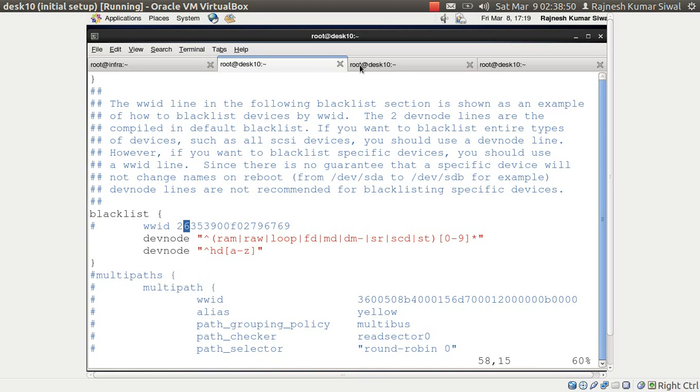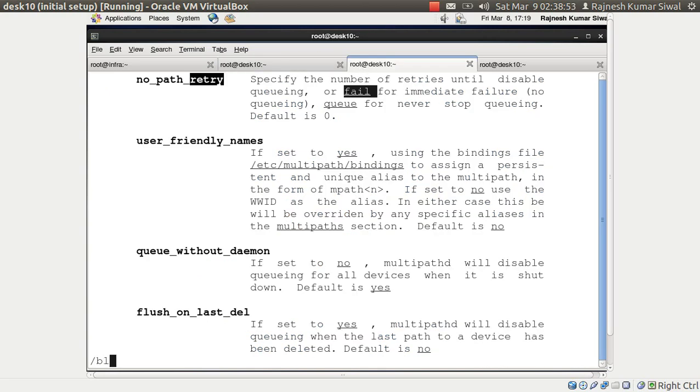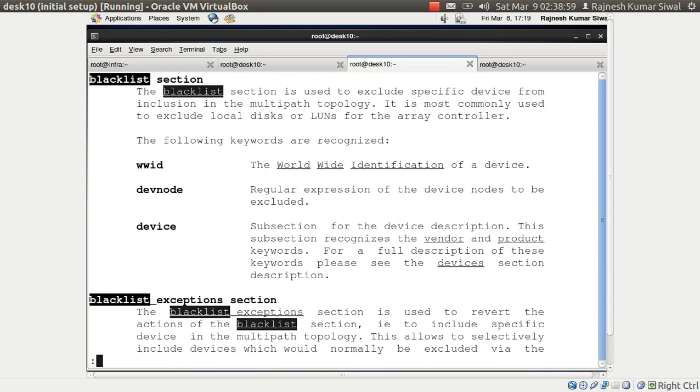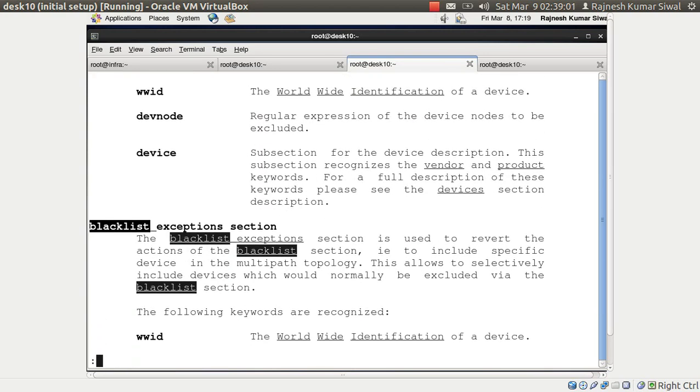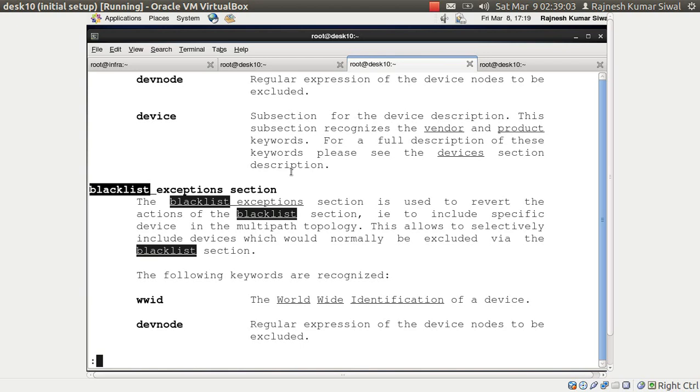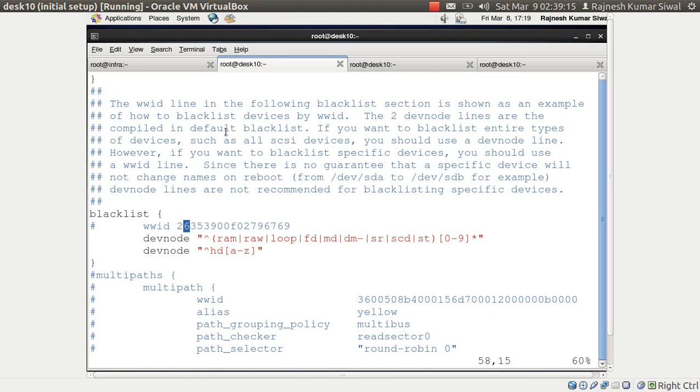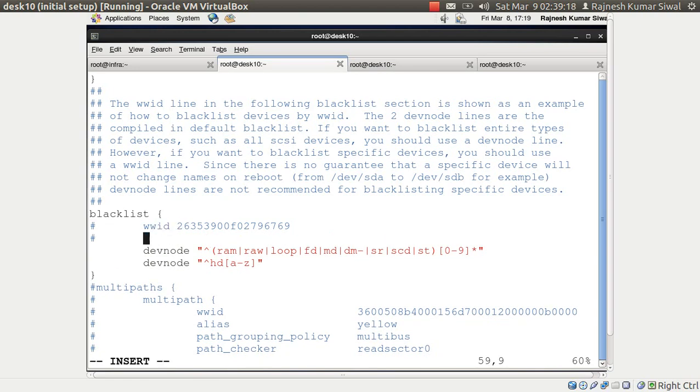There is one option, blacklist exceptions, where you can exclude things from the blacklist. Okay, let me give you an example. Blacklist, I can set it to